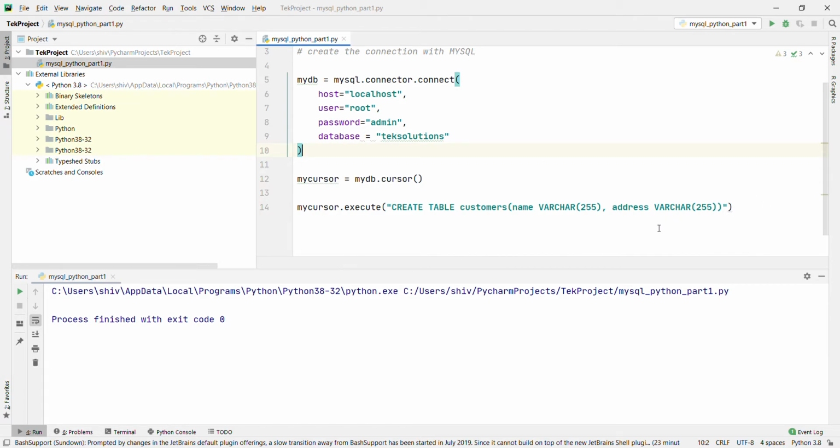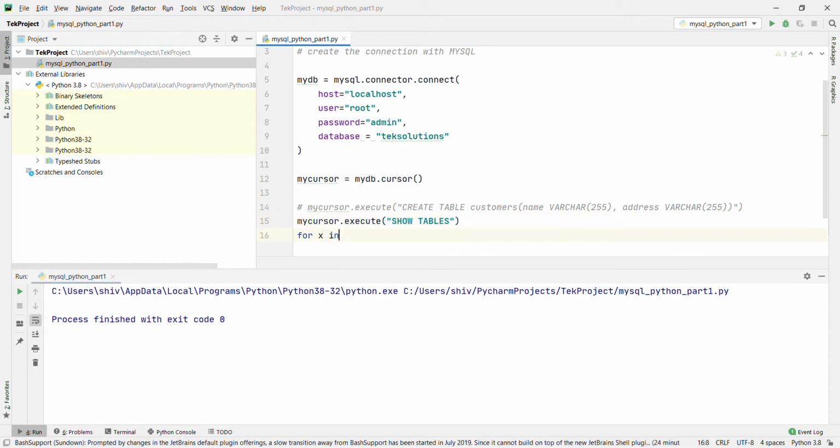Right, now what are we going to do? We are going to check if the table exists or not. For that, we are going to list the tables in your database with the show tables statement. Now I am going to comment this one out. mycursor.execute, I am going to use show tables.